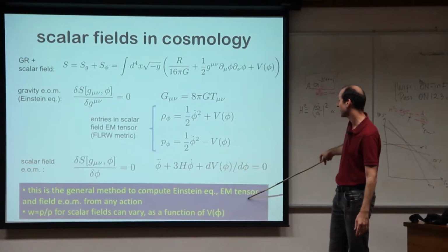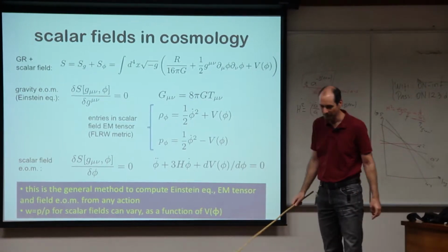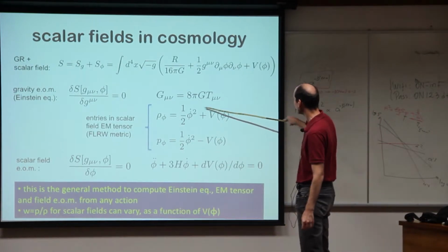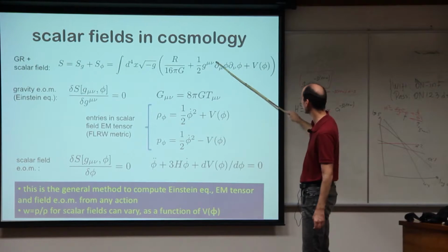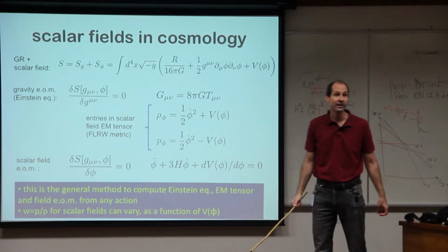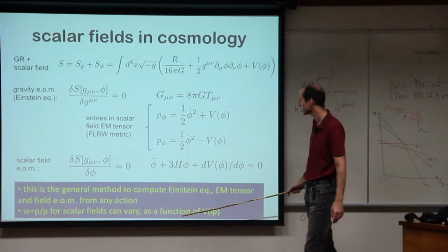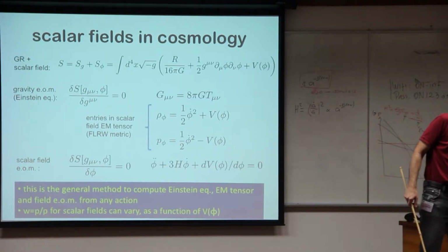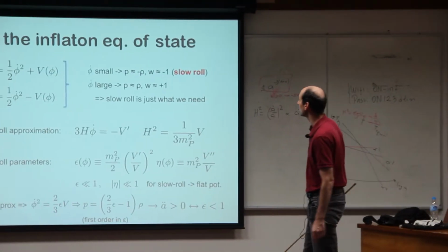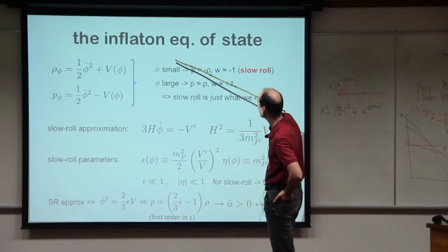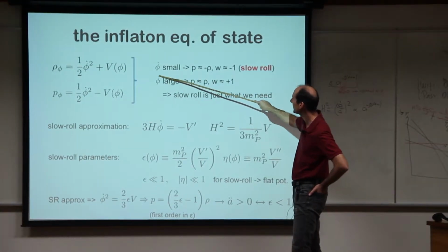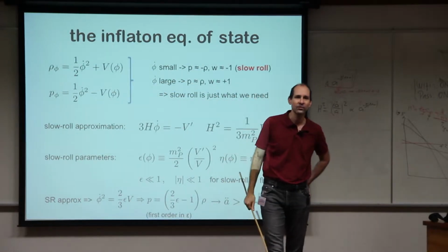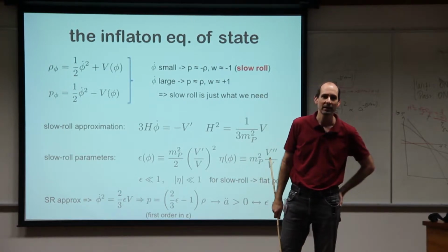So okay. And so this is really the general approach. And now, once we have done that, we want to know what is the equation of state of the scalar field. Can it do what we want? Can it accelerate the expansion of the universe? And so for that we have to take a closer look at these two functions. And so I wrote them here again. And so let's look at two limits. Actually, let's start with this one. So if phi dot, if the time variation of the field is large, what is the relation between pressure and energy density?